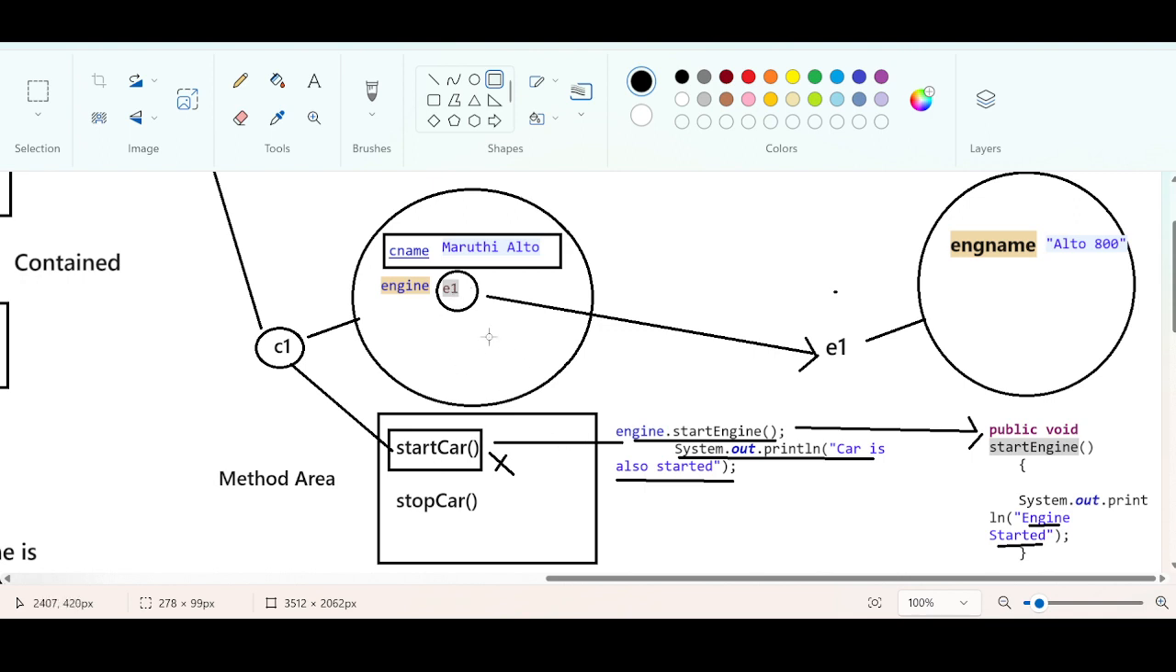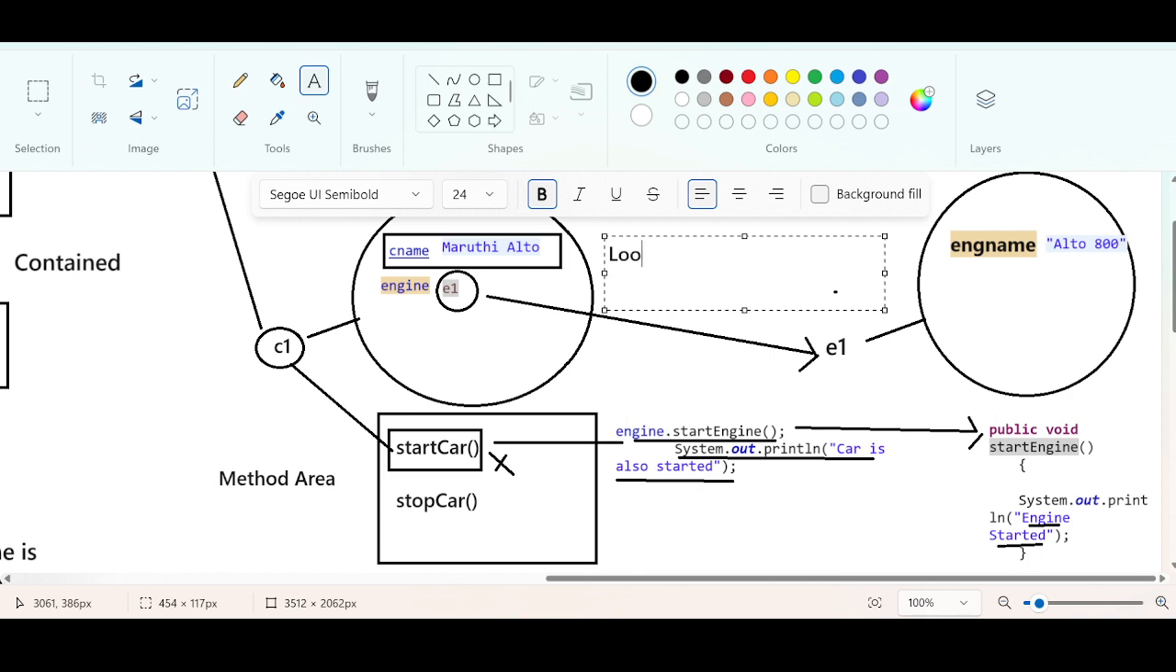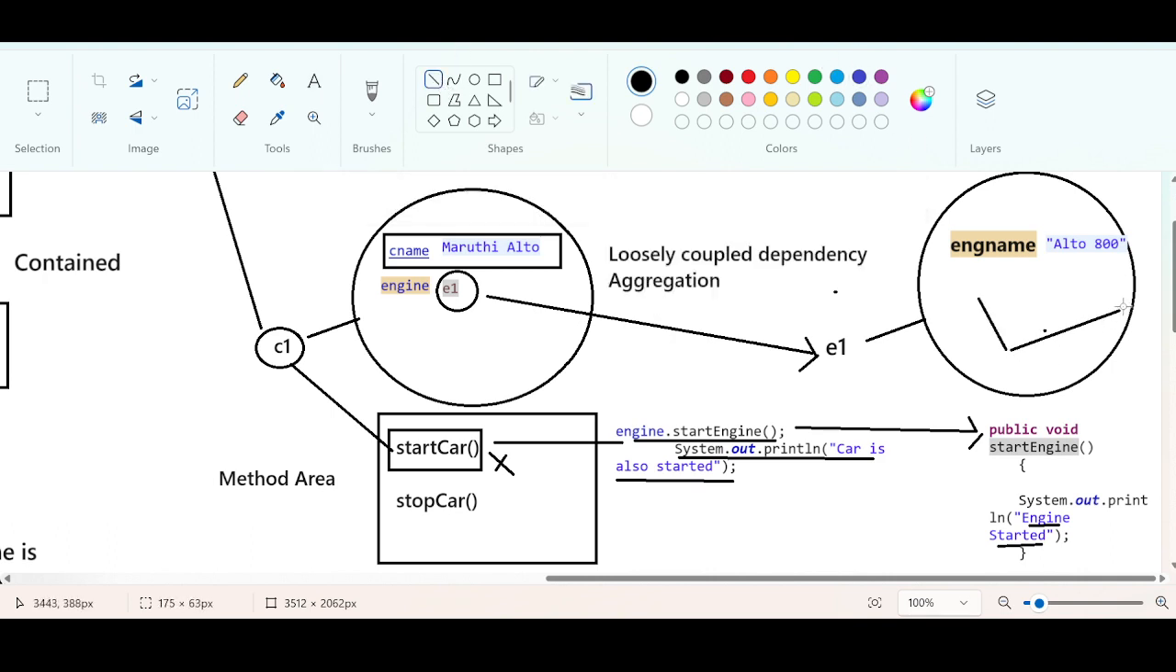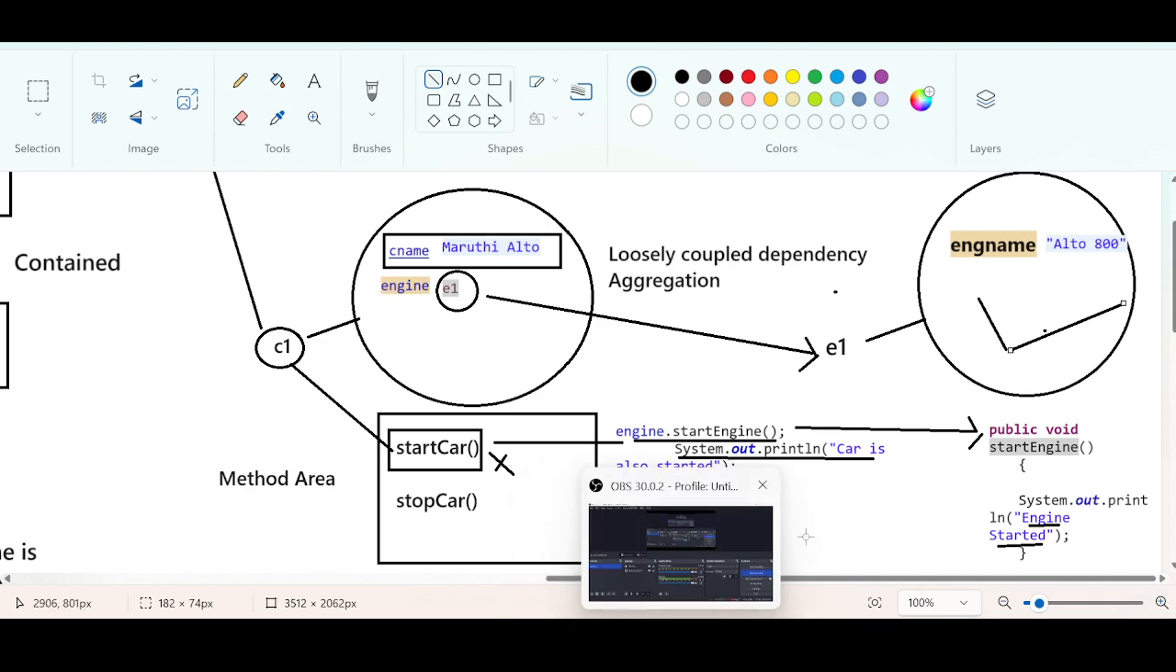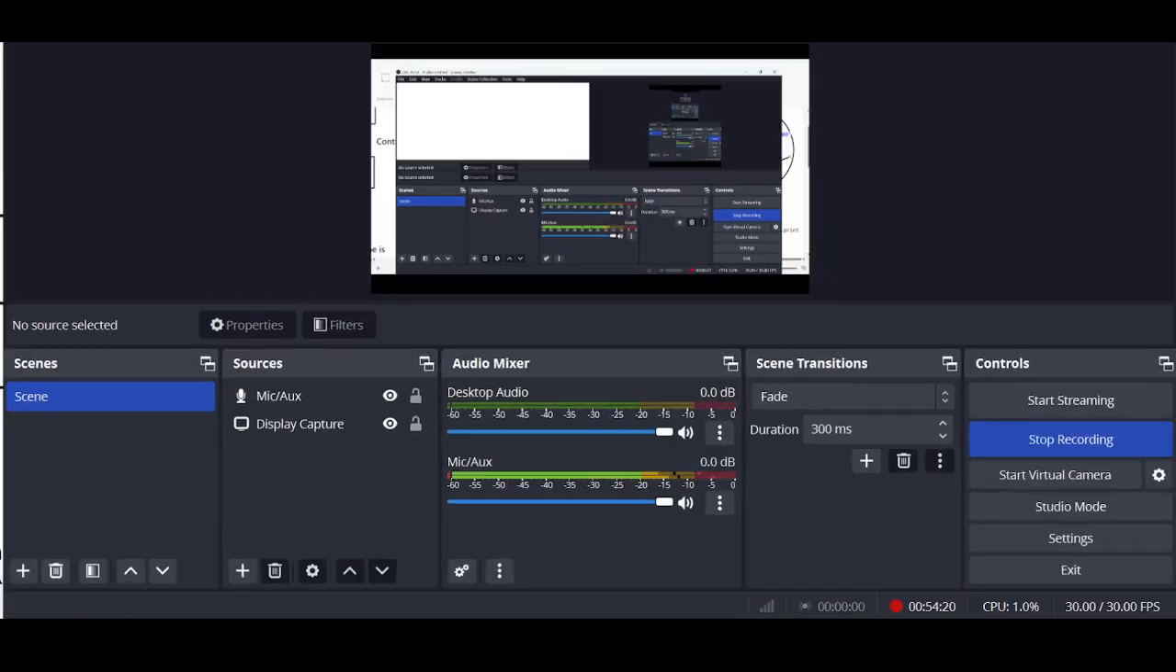If you keep the dependency as a loosely coupled dependency, then it is called aggregation, because this engine will exist without having any dependency on the car. So that's all for today. Just do some